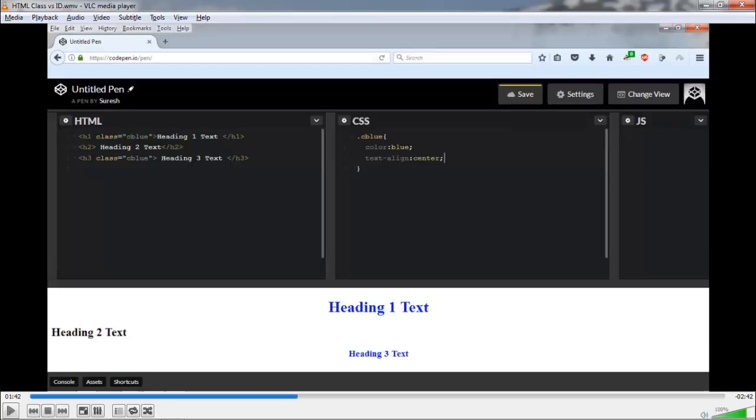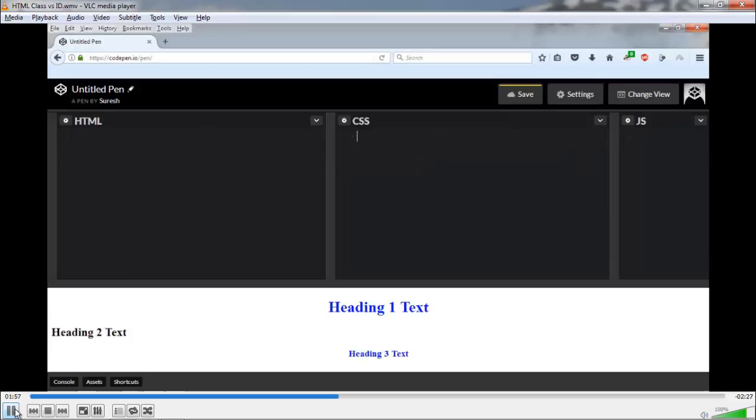Right? So now let us see how you can use the ID selector. We will be using the same example, that is h1, h2 and h3. So let us first remove all this code, both in the HTML and CSS file. Okay. So we will be using the same example,